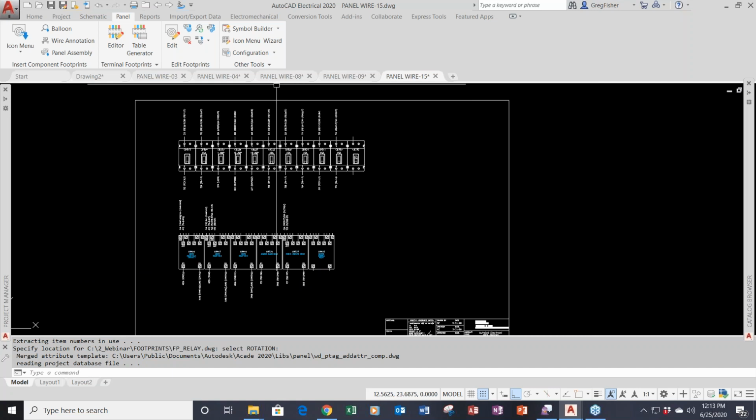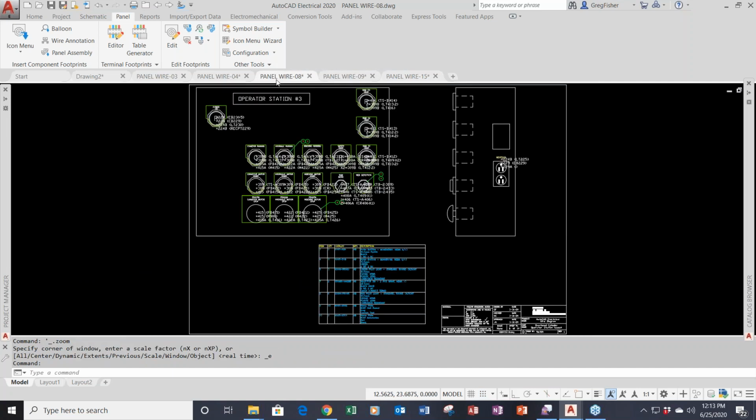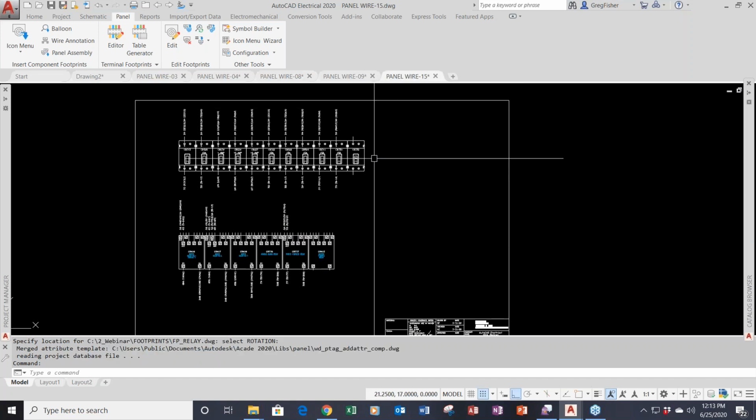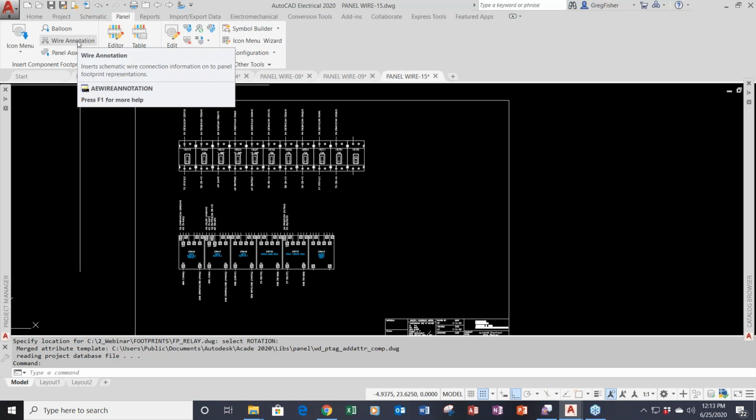So now, unlike when I was over in the operator station where there weren't any attributes that pick up the wiring information built into the symbol, this is what you end up with. But when you do have the attributes built into the symbol, I'll go back and run the same exact command,